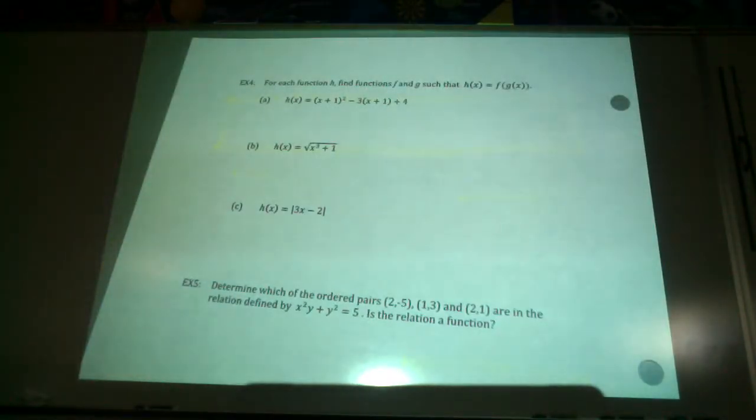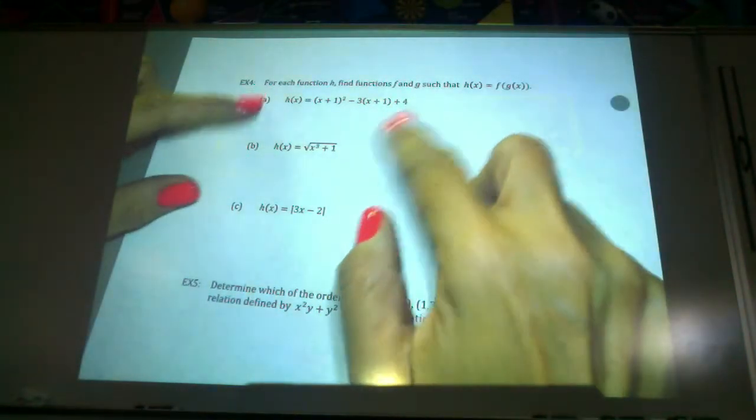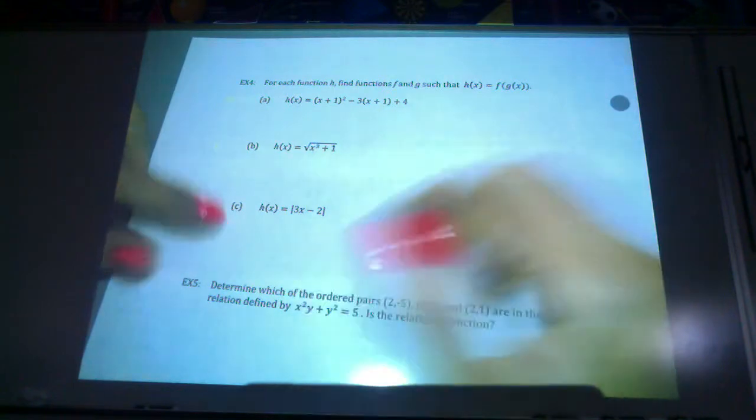So for some of you this is going to be hard, for others of you it's going to be super easy because it's just how your brain is wired. You're given the h function, and you're to break that h function into f of x and g of x. This is the composite function. They've done FOG or GOF. Okay, so we're assuming it was FOG